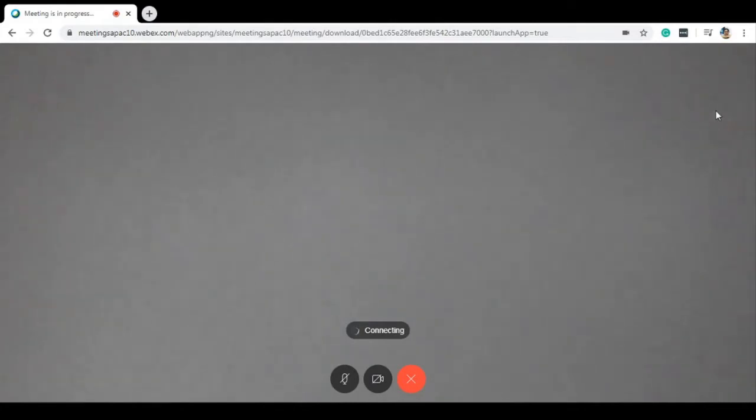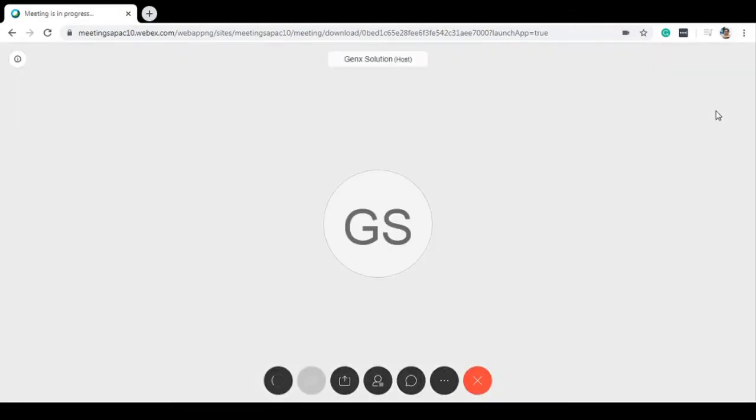The window will be bigger than the previous one. It is showing, it is connecting. As soon as it gets connected, it has some more options at the bottom side. You can see that right now I am not spending the time in the connecting of audio. You can see that it is also connected.